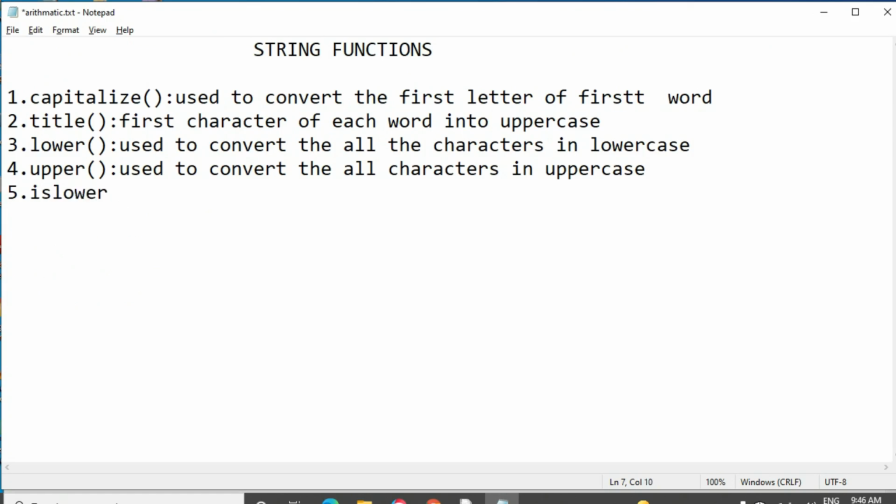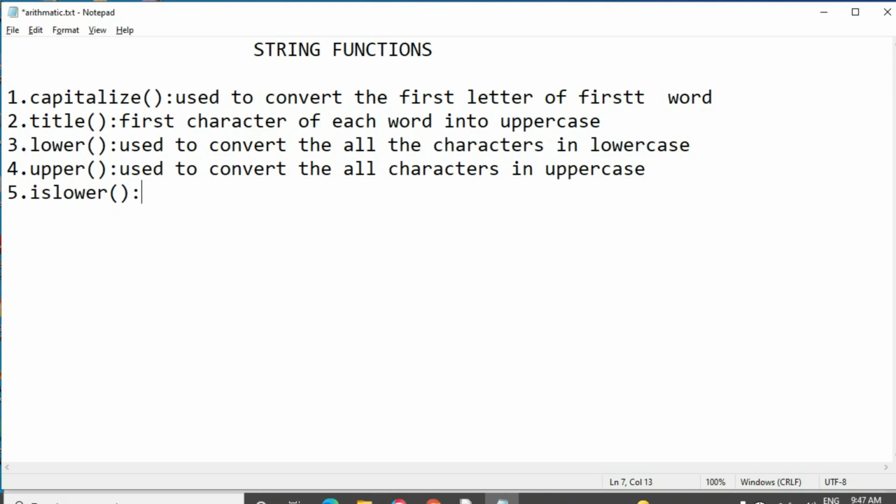The next function is islower. The lower function converts the characters into lowercase format, and the islower function is used to check whether the characters in the given string are in uppercase or lowercase. It is used to check the condition only.